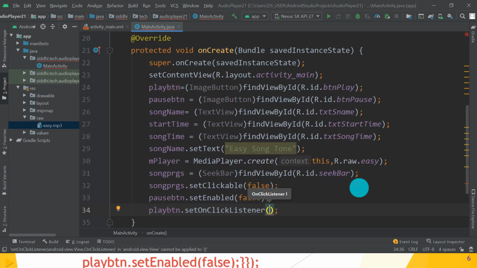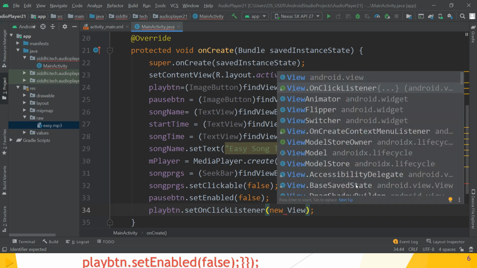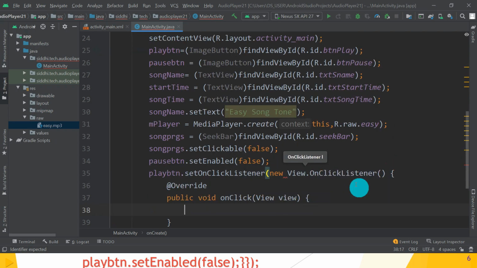When you click on the play button, guys, what is the action? So write setOnClickListener, new View.OnClickListener. Great. So override the method of the OnClickListener, that is onClick. That means you have to write the action here. When you click on the play button, what action do we want? First you have to toast the message.